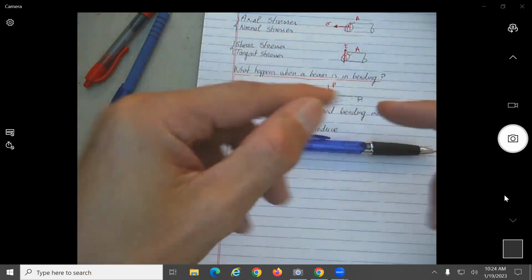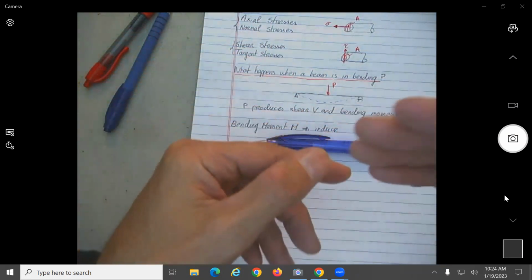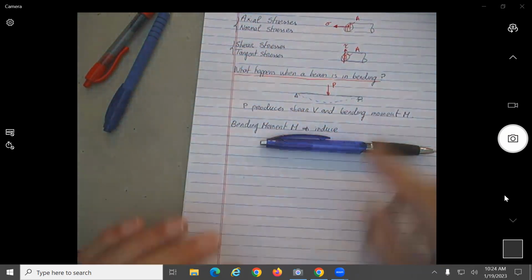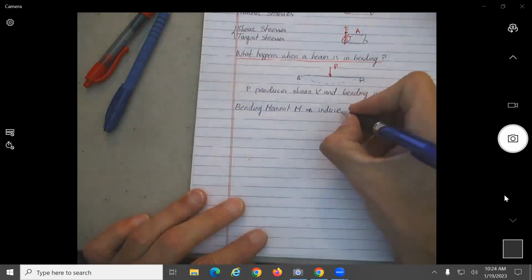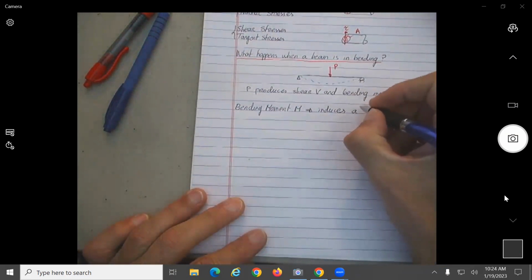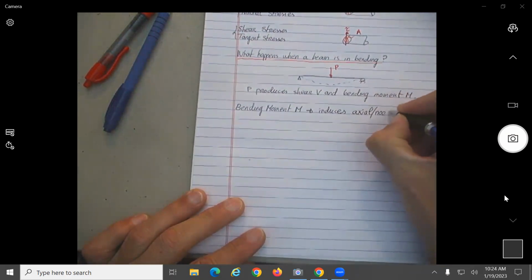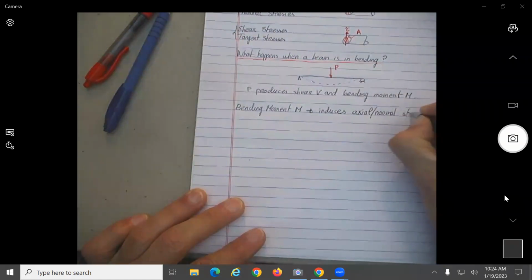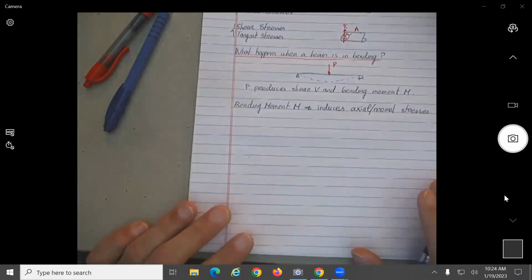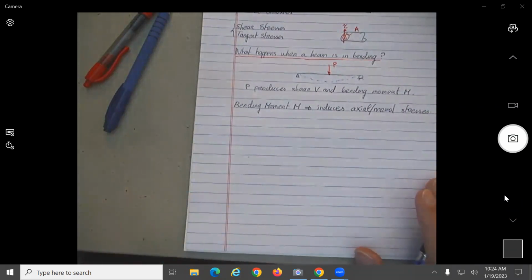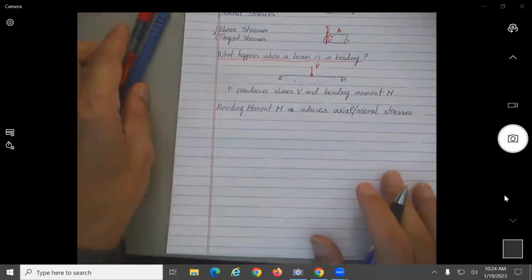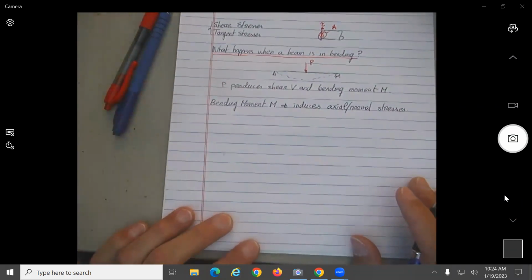So what does that mean? It will be actually in action, no? One side will be in compression, the other side will be in tension. Maybe I should have done that before, but basically it induces axial, if you want, normal stresses. Okay, so I'm just going to do the basic stuff here, the basic concept, then I will give more complicated equations. All right, so